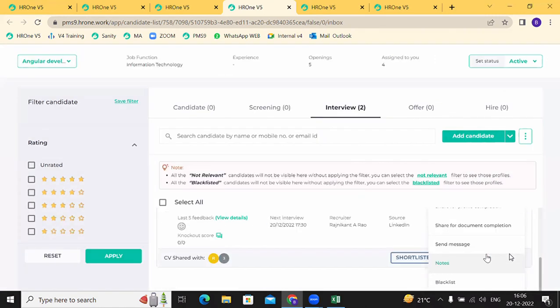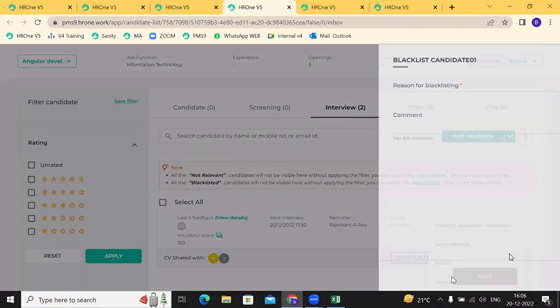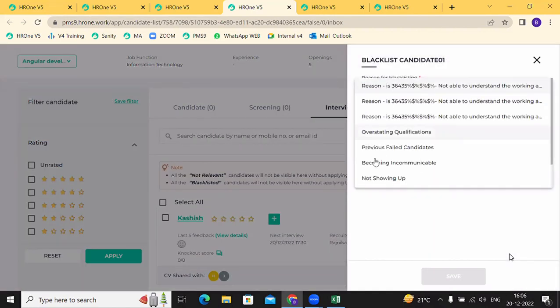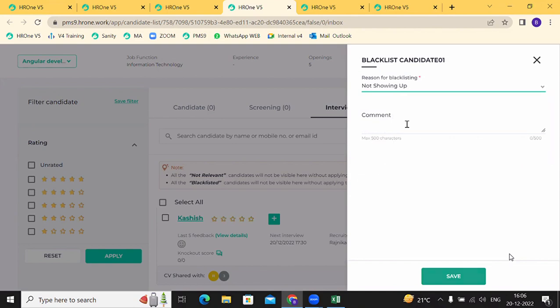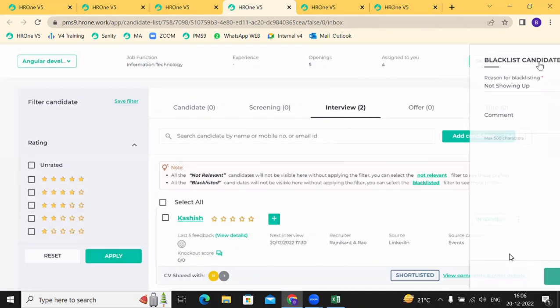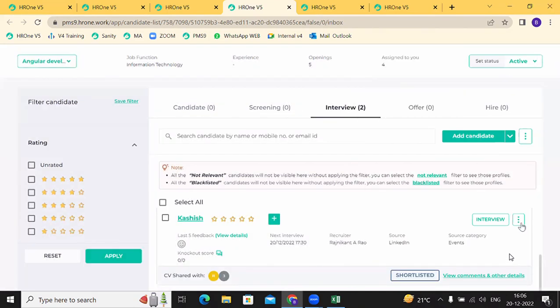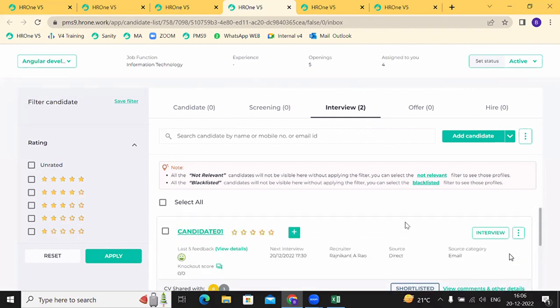Also, in case you want to blacklist this candidate, you can blacklist this candidate and you can select the reason why you are blacklisting this candidate. Okay, and then you can save. So this candidate will be blacklisted. Now, if you want to fetch the offer letter, you can click on this,